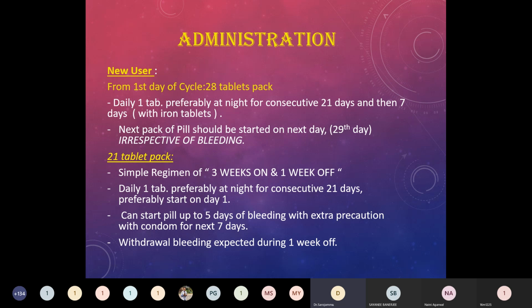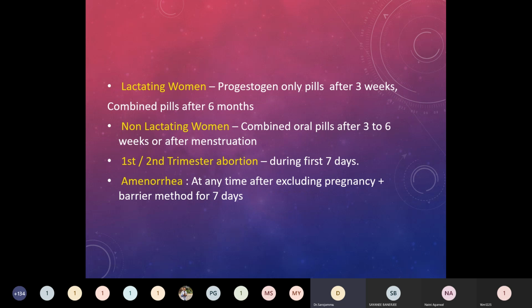Irrespective of the bleeding, she will continue to take the second pack from day 29. For a lactating woman, we give only progesterone-only pills after 3 weeks, and if we are giving combined pills, it has to be given after 6 months. And after abortions, immediately, or we can give up to 7 days. And if she is amenorrheic, you can start on any day, but after ruling out pregnancy and advising barrier method